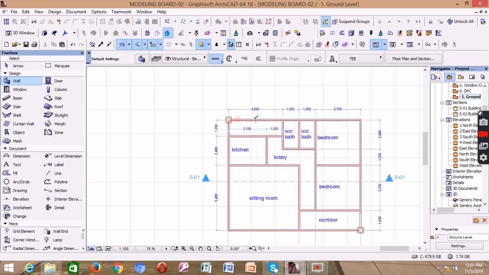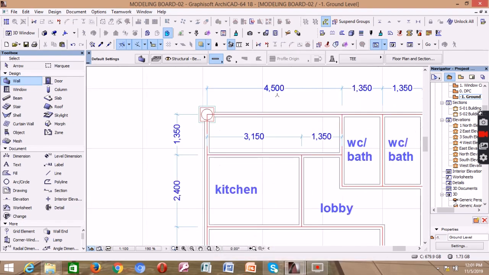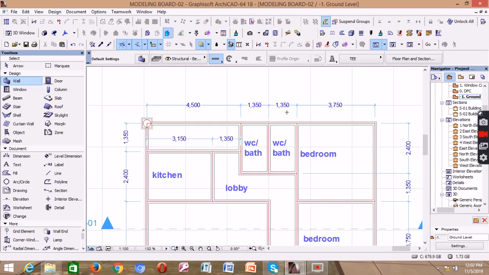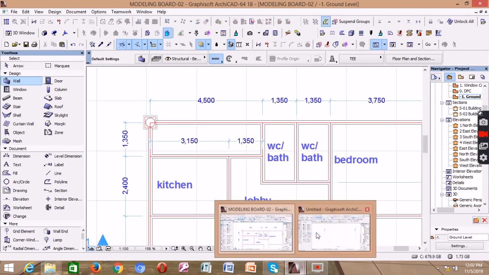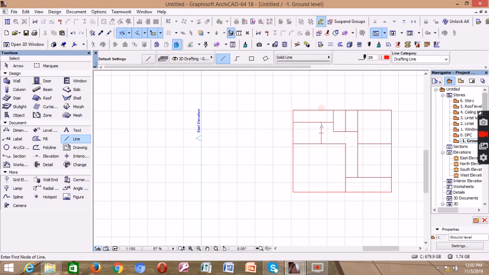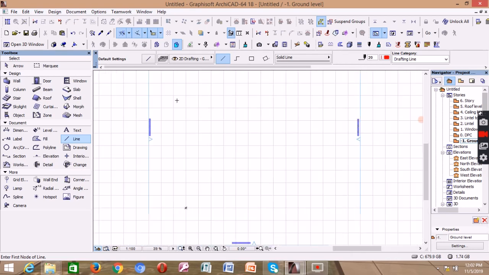So if we go by that method, let's go to our own new drawing board. You can see here we have 4,5, 1,350, 1,350, 3,750. I'm going to draw a simple line straight in my own drawing board. Look at what I'm going to do. I already have the sketch here, but I'm going to show you how I do that. So if you take my line,